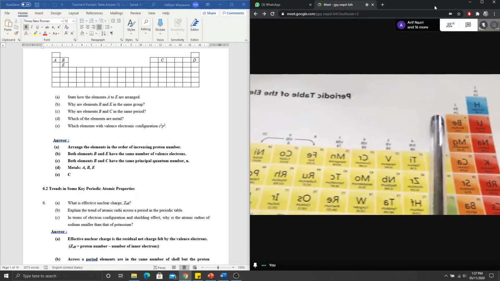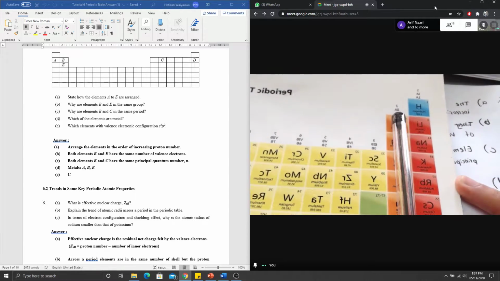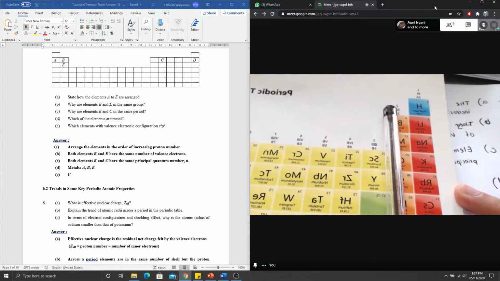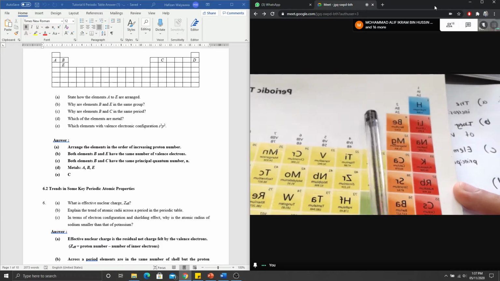Okay, this is called alkaline metal, group 1 and group 2. Okay, kalau you boleh tak jot down sikit untuk group 1 and group 2. Group 2 is alkaline metal. Okay, boleh tak? Boleh. And most of D group,